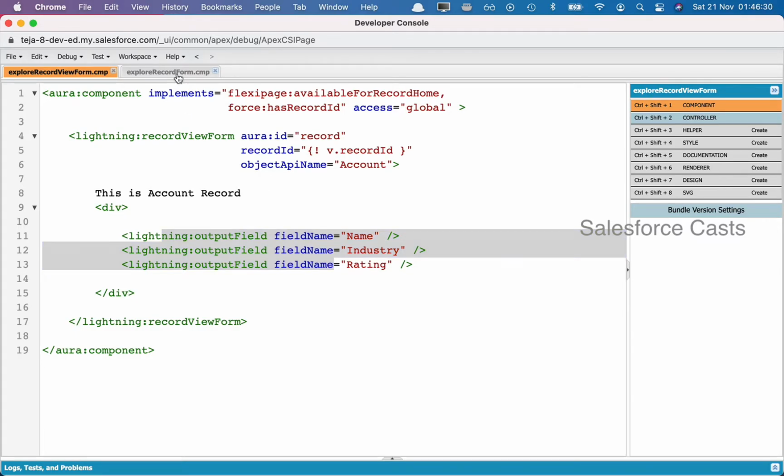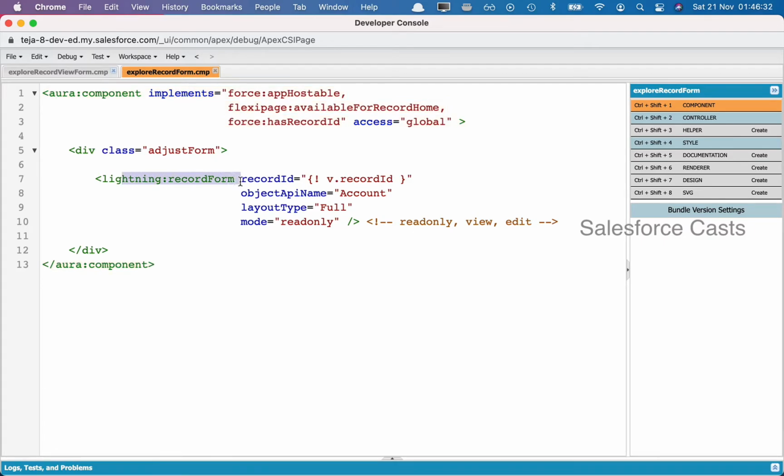Now, when you try to compare that with Lightning Record form, this is going to fetch the record and this is going to display the record based on the fields that we specify here. And we are not trying to specify the fields one after the other, which means we'll not be having any control over the fields that will be displayed. We are only trying to specify the fields here using the attribute which is layout type, and rest everything will be taken care by the tag in terms of fetching the record and display it back to users.